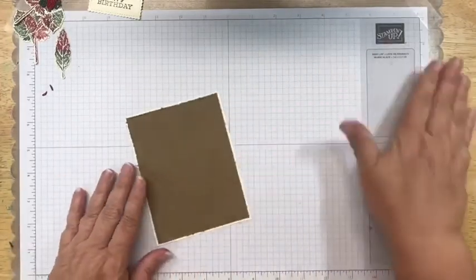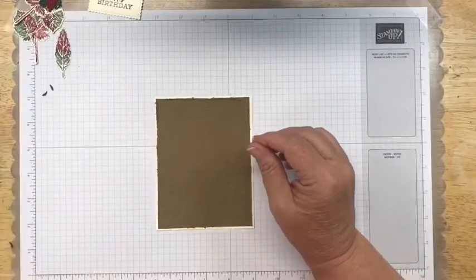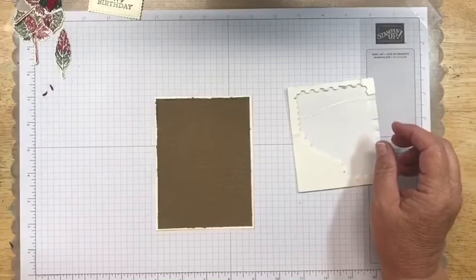So we're just going to lay that on there like so. And then I'm going to start building this card with just this piece here to begin with, because I'm going to be putting some ribbons on here, and I want to make sure...